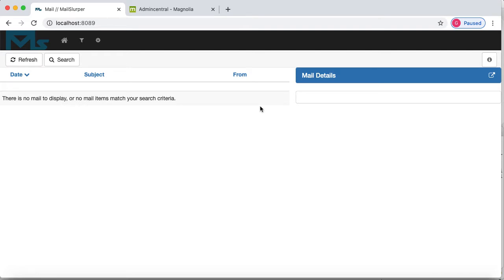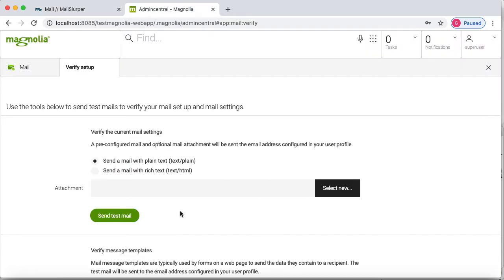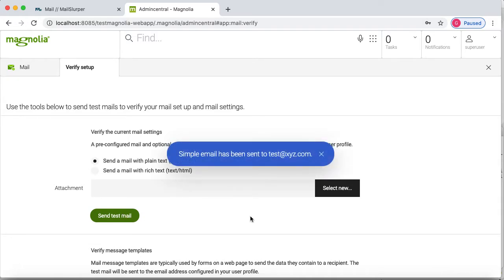This is, you can say, some kind of mailbox inbox, having no emails, as you can see here. Now I will click on this button, send test mail, and then we have the message: simple email has been sent to